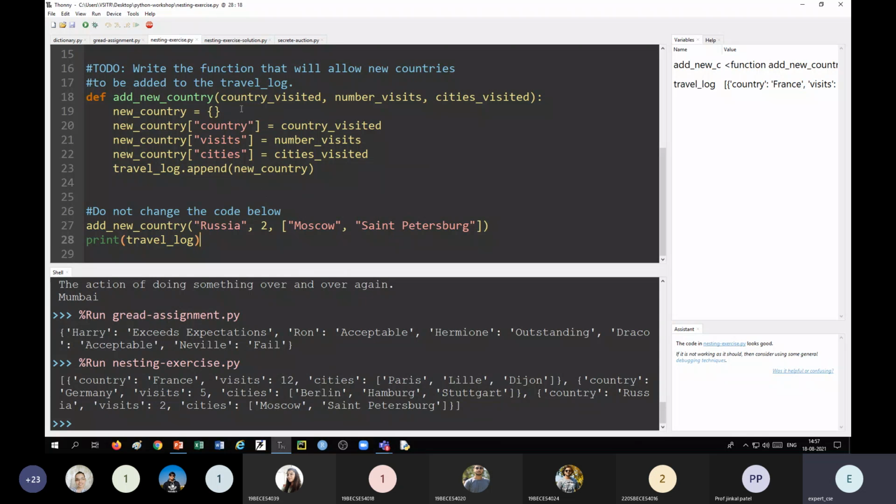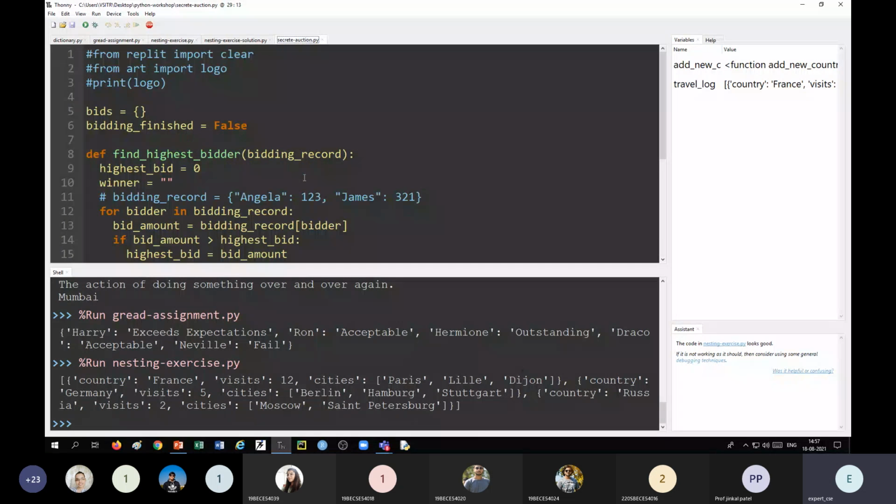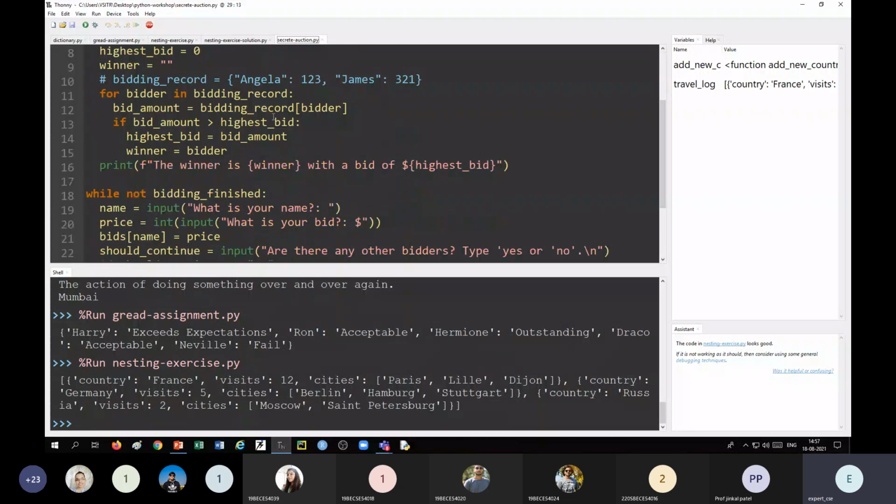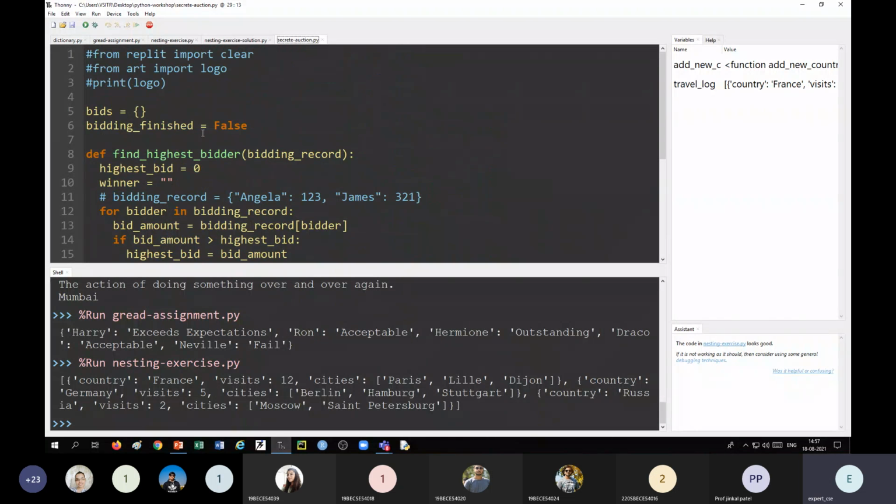Now the next example that we are going to discuss is the secret auction. That is part of the project I am explaining, and you will write this. You will write code for this. So first of all, let me explain what that is.